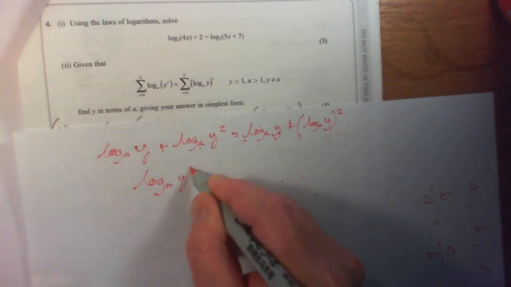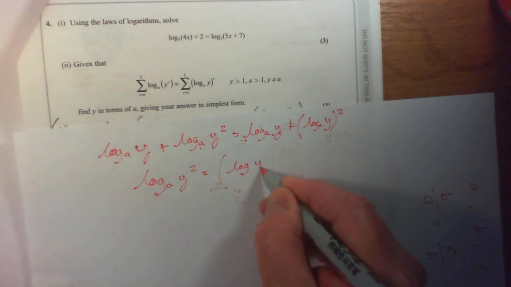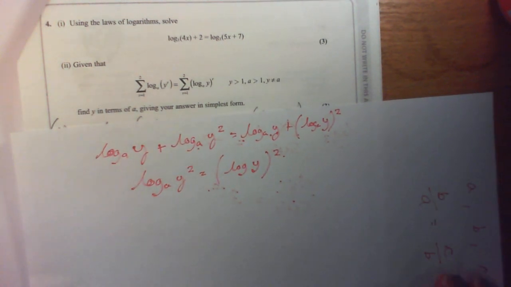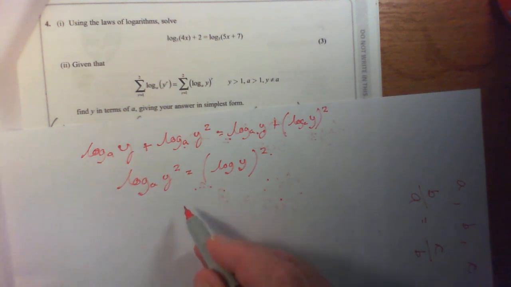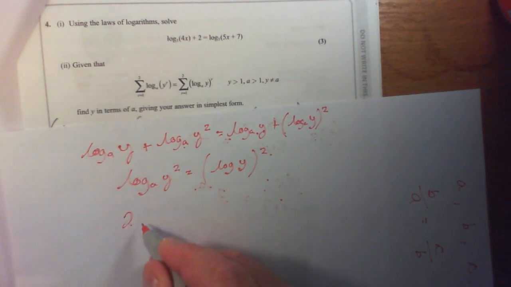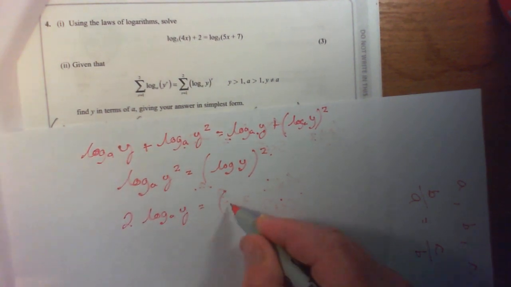Well, it simplifies to this log, and you just need to be aware of the rules here and just don't get confused between the two. So it would help if I get it in terms of log. So that's on the left hand side, that's 2 log a y equals